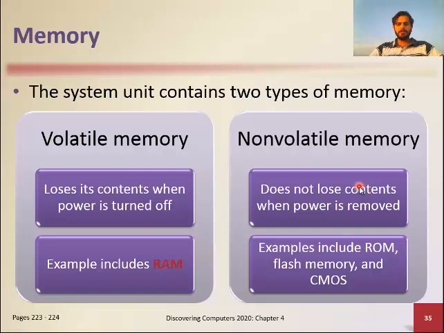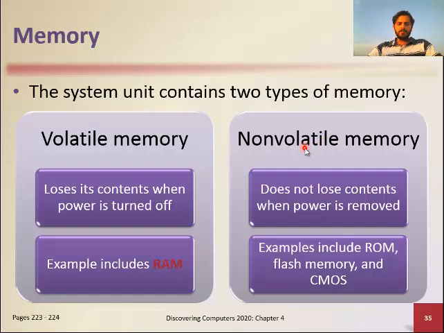That is your flash drive. Yes, that is your hard disk. So we have different examples: flash memory, and ROM, which is a permanent storage. CMOS is one of the technologies used when working with non-volatile memory. CMOS is complementary metal oxide semiconductor technology, one of the technologies used to build non-volatile